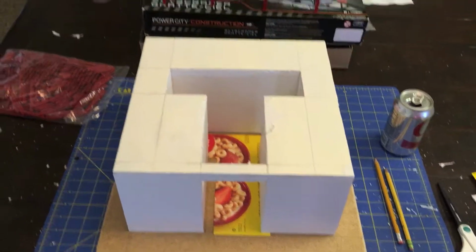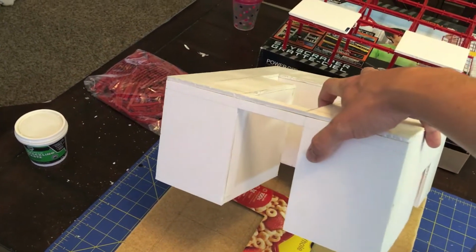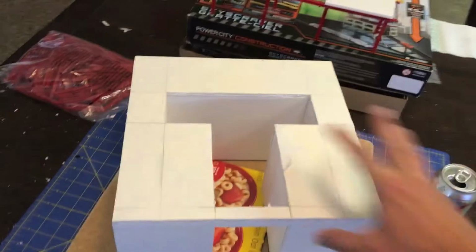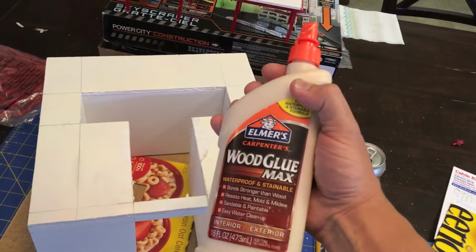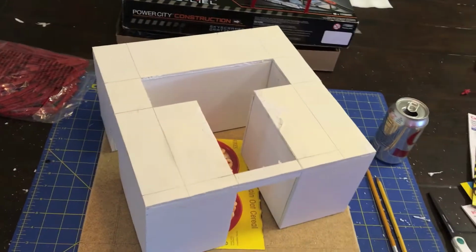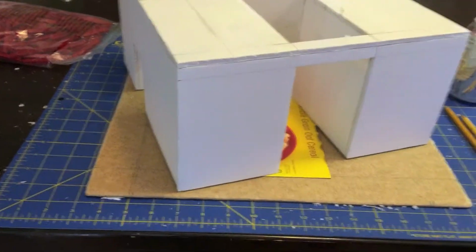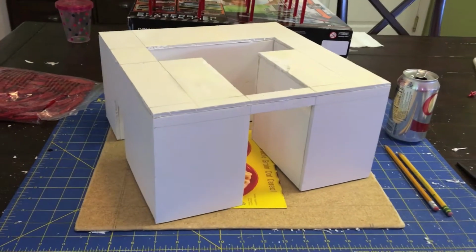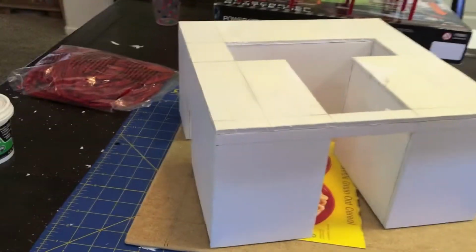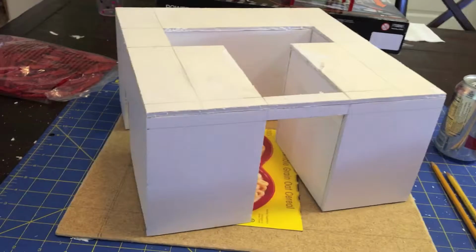Another update here. As you can see, I've taken the foam board and I've glued it all together. For that I used this stuff here, Wood Glue Max. I don't really love using hot glue guns. A lot of people do, but I don't like the way it makes those beads that are really hard to remove. I could have used just regular Elmer's white glue, but that takes a really long time to dry. This stuff is kind of nice. I sort of like it for a lot of projects, so that's what I used. Anyway,